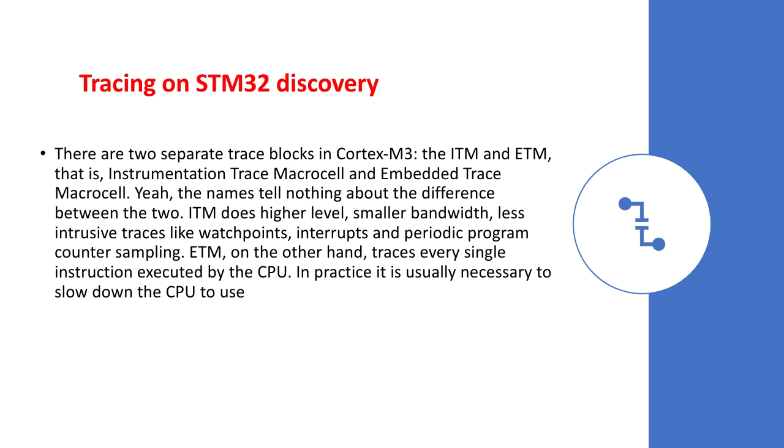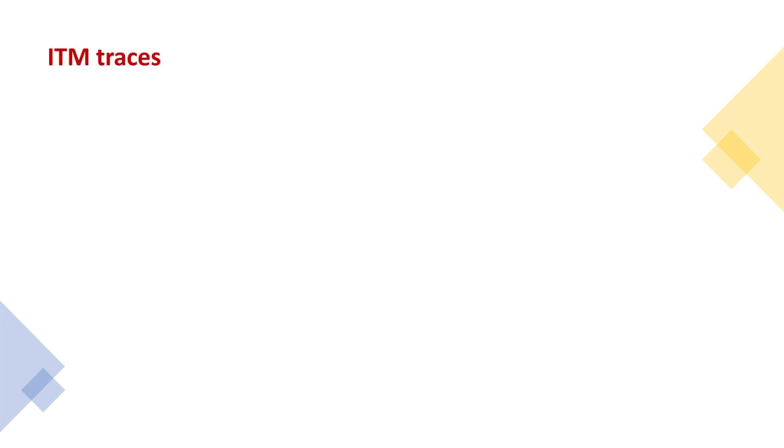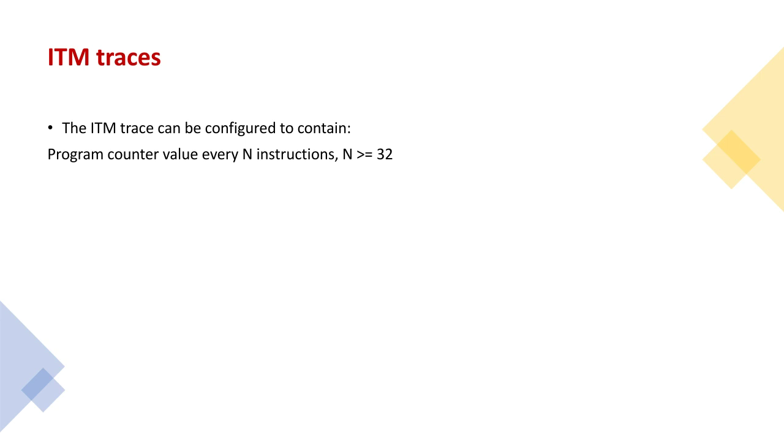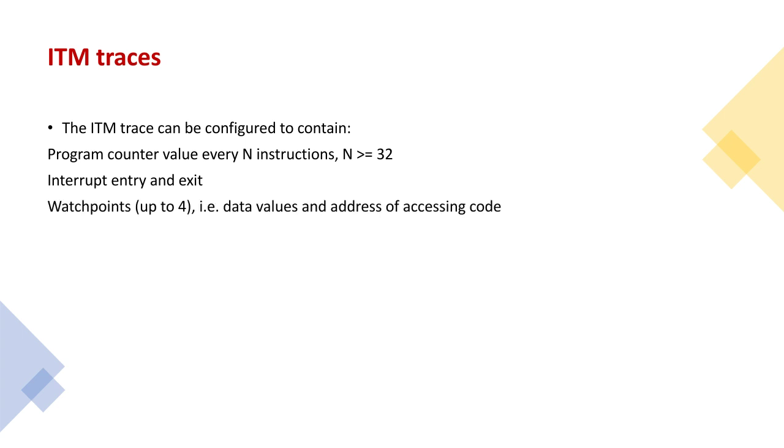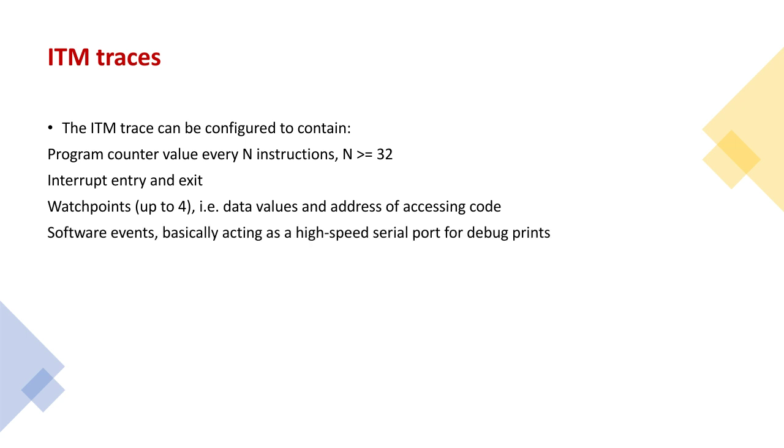Let's look into the ITM traces. The ITM trace can be configured to contain program counter value every n instructions, n greater than or equal to 32, interrupt entry and exit, watch points up to 4, that is data values and address of access code, software events, basically acting as a high speed serial port for debug prints, DWT events, that is notice every n instruction